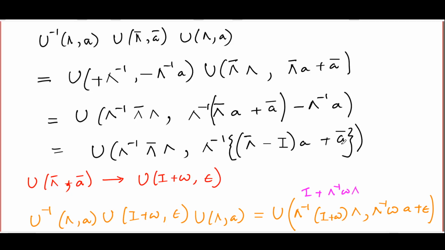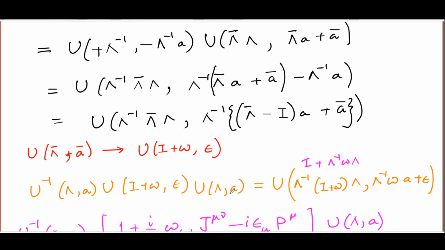This lambda inverse should be acting on not only (lambda bar minus identity) A, which part is perfectly alright, but it should also be acting on A bar. So instead of just A bar, which we had in the original video, we should really have lambda inverse A bar sitting here. And that looks like a big problem, because we are going to use this very thing to talk about the Poincare transformation properties of the Poincare generators. Let me just continue a bit and show you what we did there. We replaced U(lambda bar, A bar) by an infinitesimal transformation, plugged it in here,